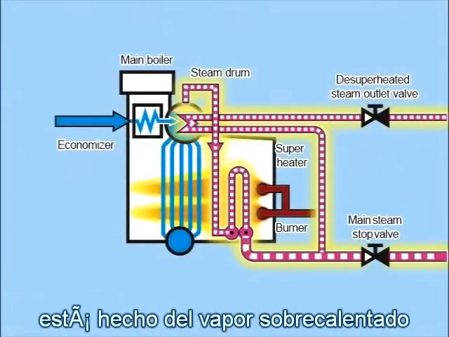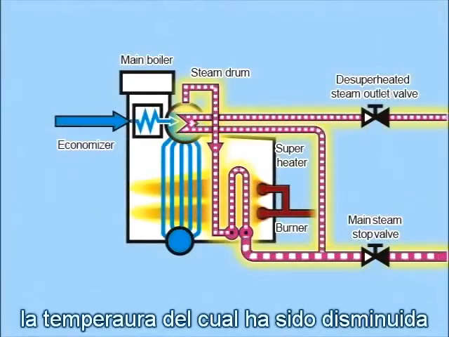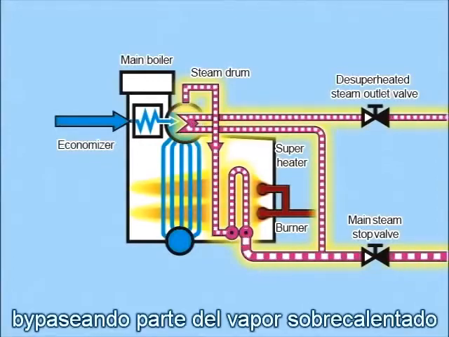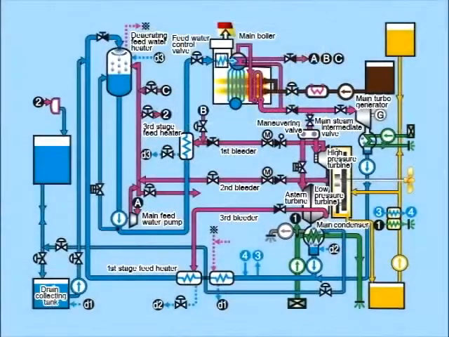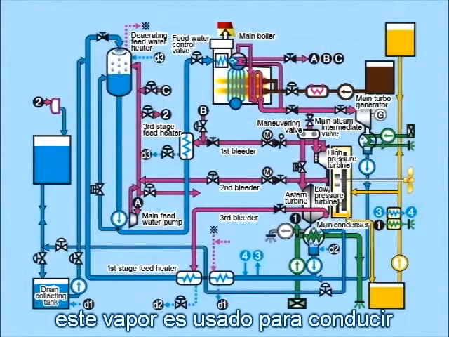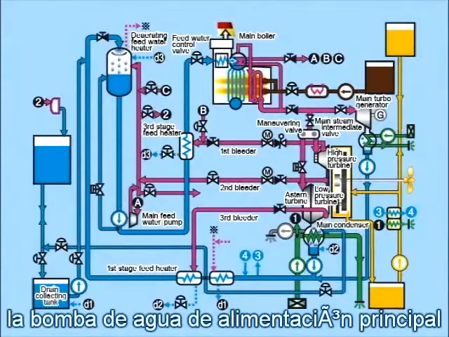Desuperheated steam is made from superheated steam, the temperature of which has been lowered by passing some of the superheated steam through the desuperheater. This steam is used for driving the main feed water pump,